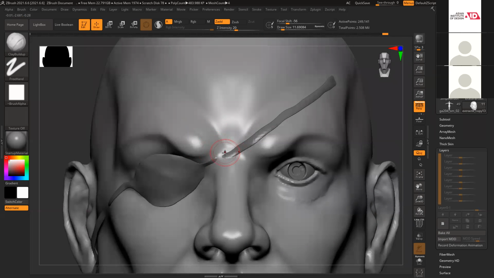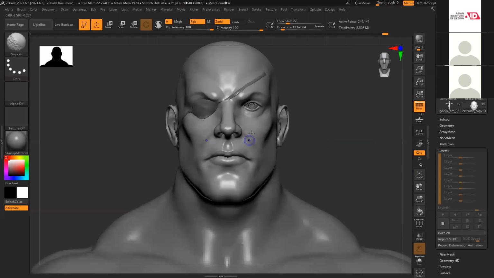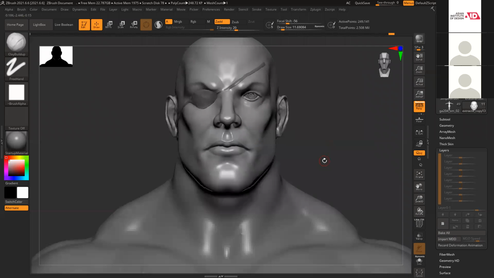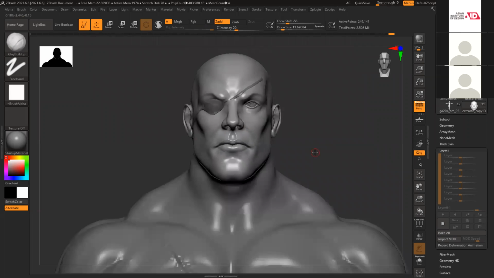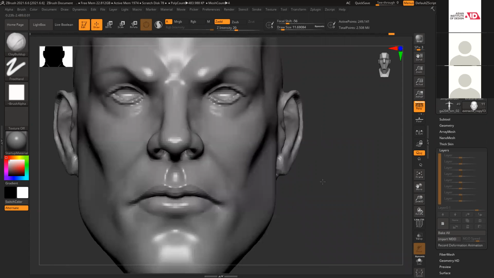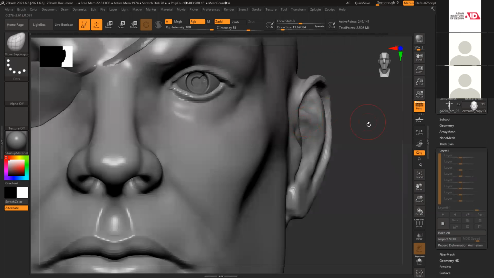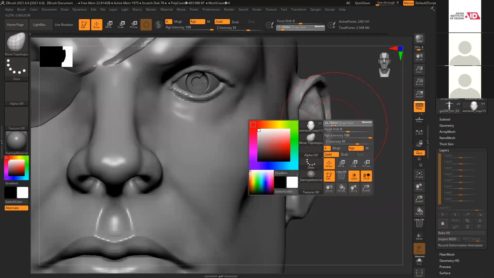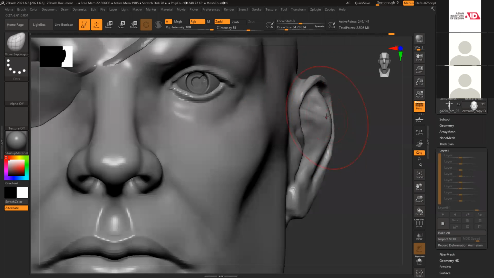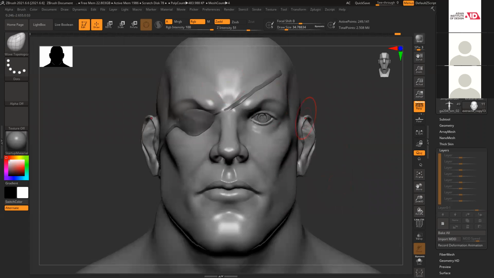This looks fine. Just little refinement will work. Ears also, modify topology, move topology. This part is slightly outside. Move brush.